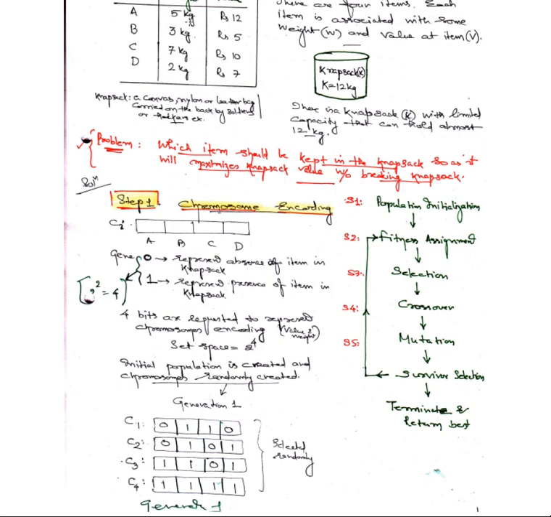So we are considering 5 kg as a fine numerical value. That value we are converting into binary. This first chromosome we are taking is C1. Here there is a statement that 0 and 1 is a conversion of the binary digit to decimal values, that is, the integer value.